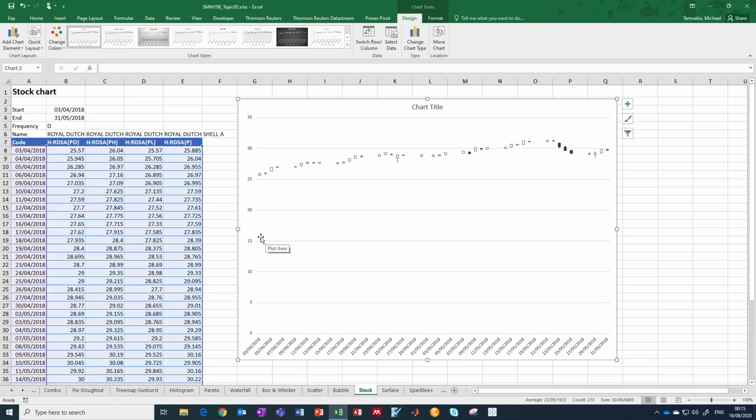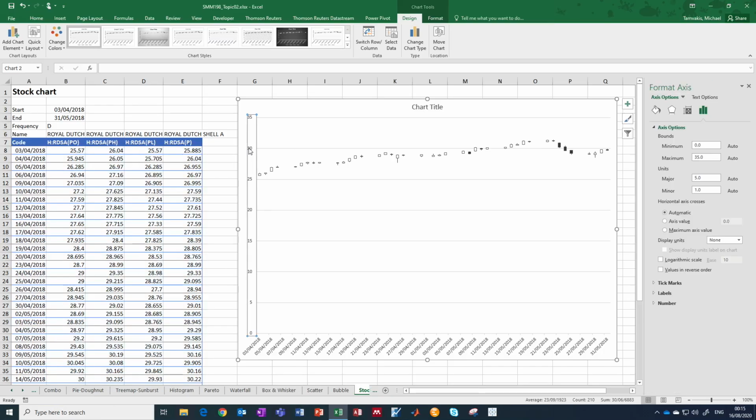But the trick here is once again to manipulate the range, the scale of your vertical axis. So we observe that the prices for these few days are between around 25 to 35, let's say. Actually they're probably around 32, but 25 to 35 is a little bit better. So I double click that and I set my minimum to 25,